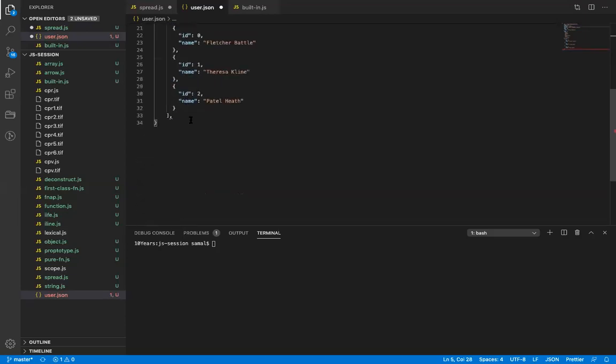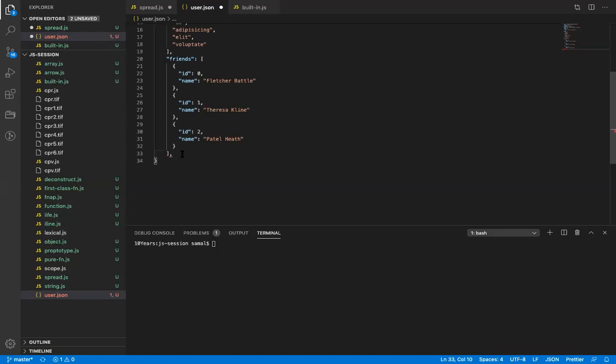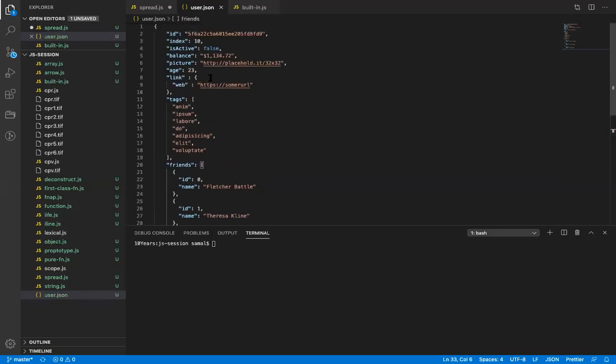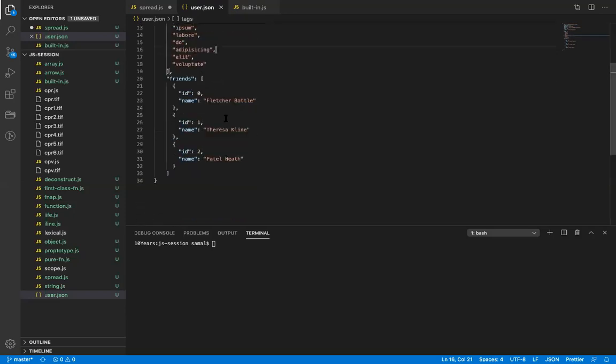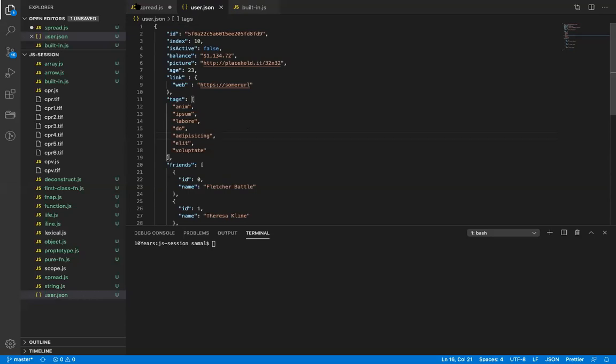So the first error is this. Any last value in JSON cannot have a delimiter. So you have to remove the delimiter. Now if I remove this, you will see it is showing an error that it must be double quoted. So JSON keys are always double quoted. It looks exactly the same as an object, but because it is in a JSON file, it is a JSON string or JSON data, or you can call it a JSON object. But if it is a JS file, then it is an object.